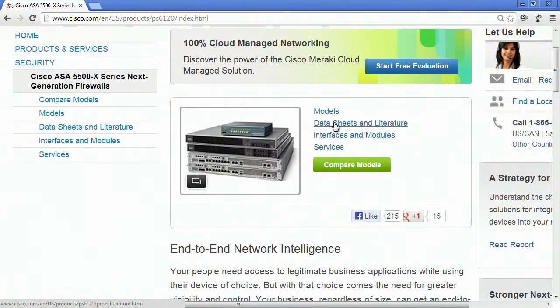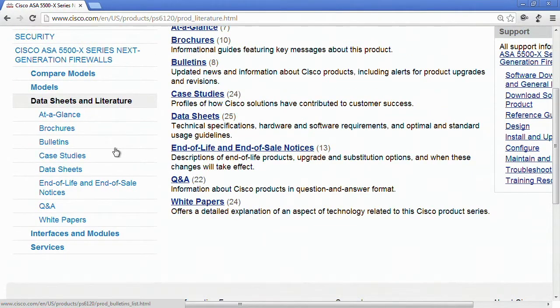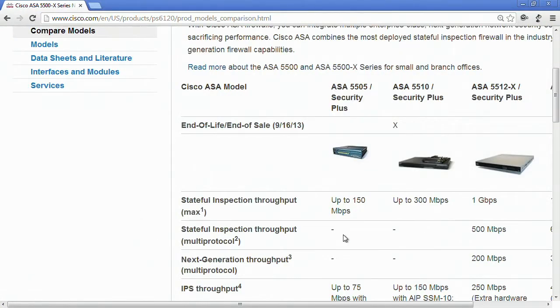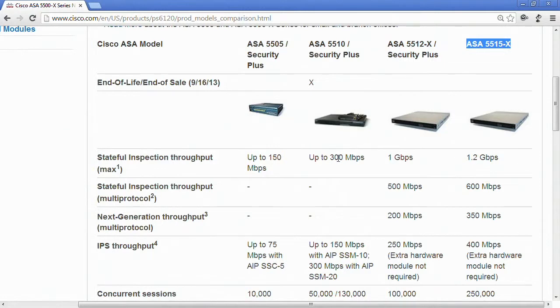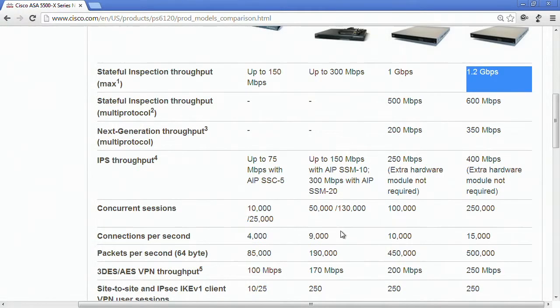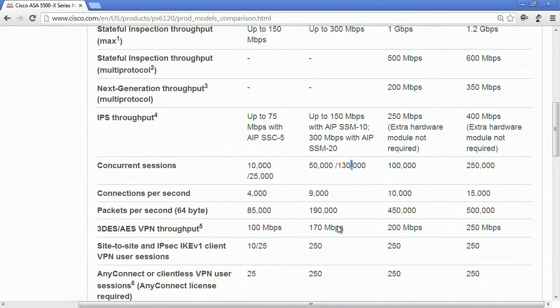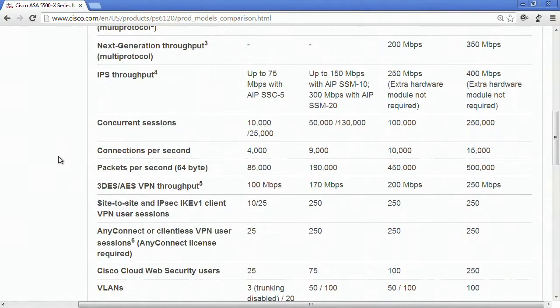And let's look at the data sheets here, and actually compare models. So these are the two platforms that we're dealing with: ASA 5510 with the Security Plus license, and then also the ASA 5515X. You'll see, of course, there's a difference in throughput. The X is faster to do stateful inspection than the regular one. Same is true with the number of connections and the VPN throughput. But then if we look at the